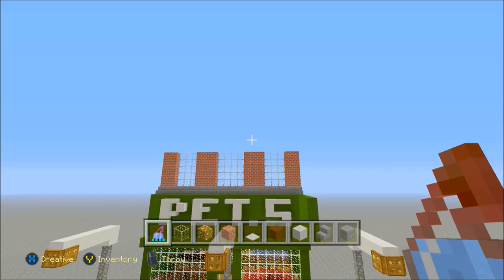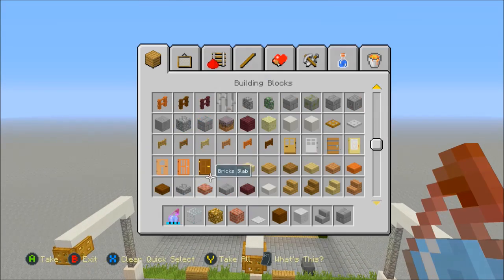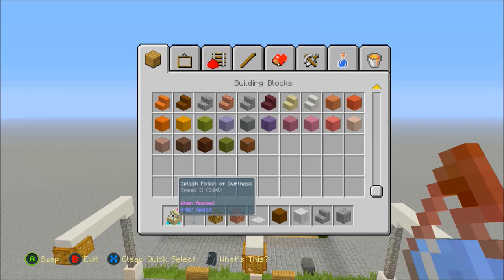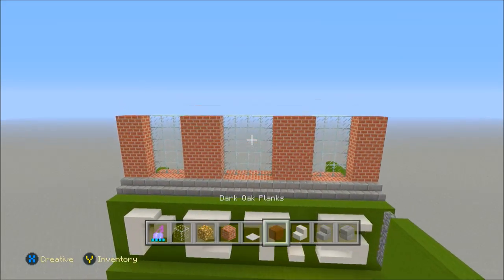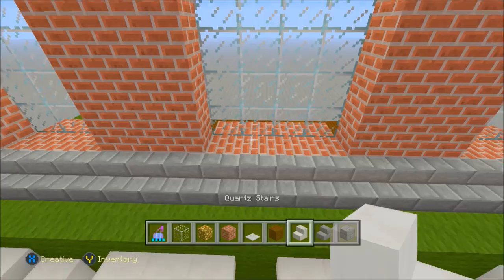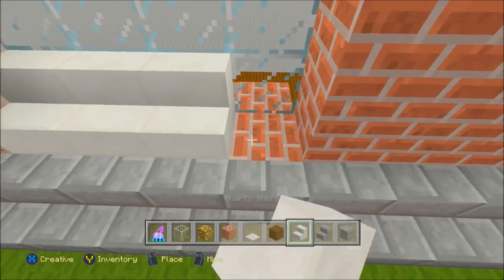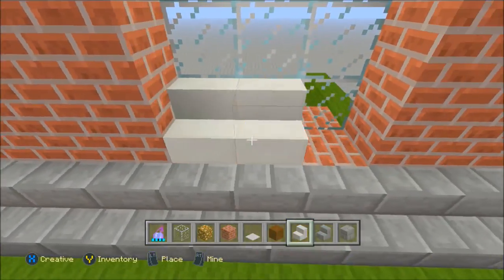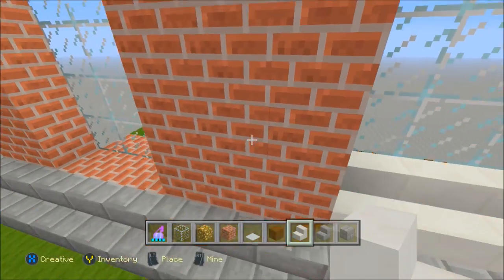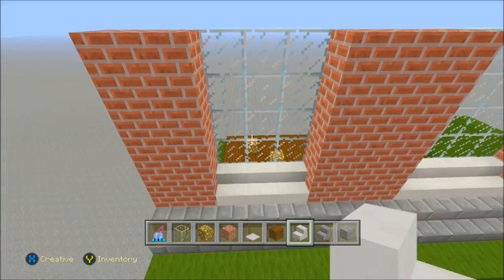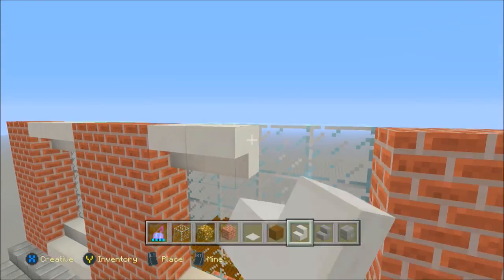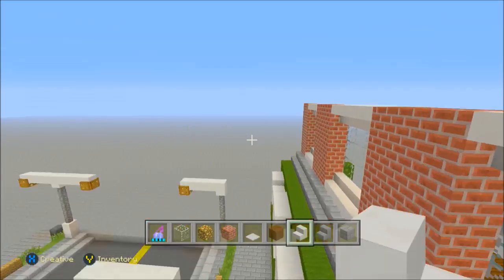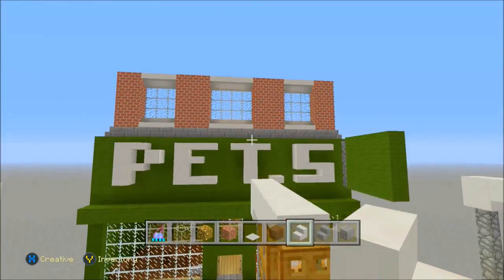So I'm just wondering on the windows if I should change the stone brick structure to sand. No, it's pillared quartz. In fact, if I should change it to quartz, because let me just, oh, you know what, let's just try this. Let's just see how this looks. This is just a trial and error, guys, so you don't need to copy that if you don't want to. So yeah, I think that looks a lot better, to be honest.